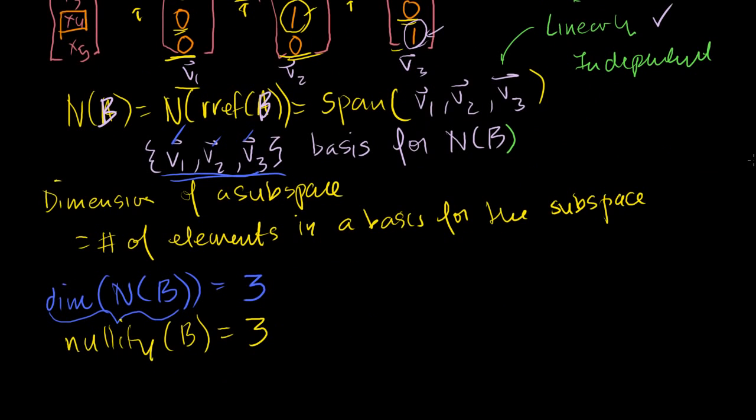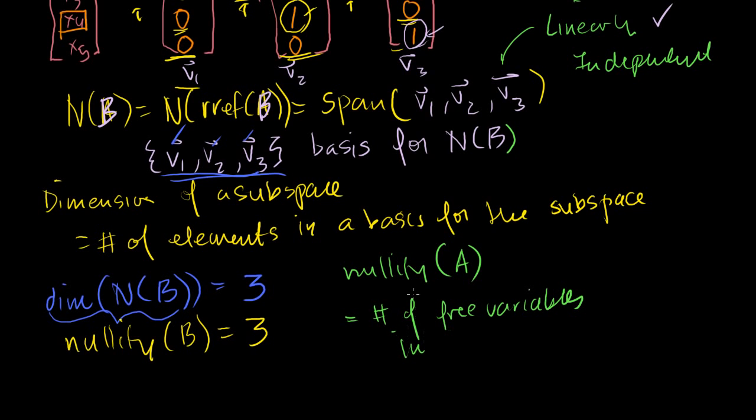So in general, the nullity of any matrix, let's say matrix A, is equal to the number of free variable columns, or the number of free variables in the reduced row echelon form of A. Or I guess we could say the number of non-pivot columns is the best one. The number of non-pivot columns in the reduced row echelon form of A, because that's essentially the number of